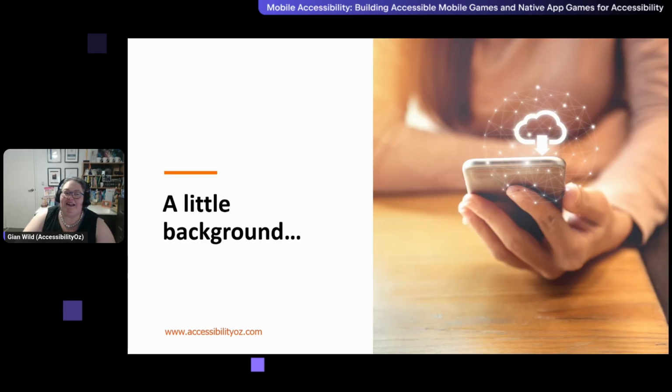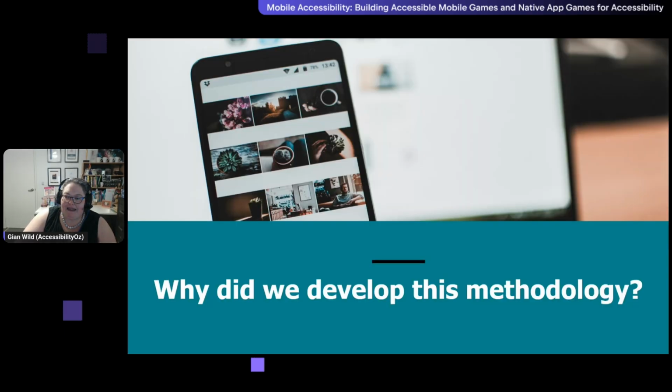Guidelines. So a little bit of background. Why did we develop this methodology? If you know anything about accessibility, you should know that there's this thing called the Web Content Accessibility Guidelines, and that's what you need to follow to make your content accessible. However, really, it doesn't go far enough when it comes to developing native apps or websites that you view on